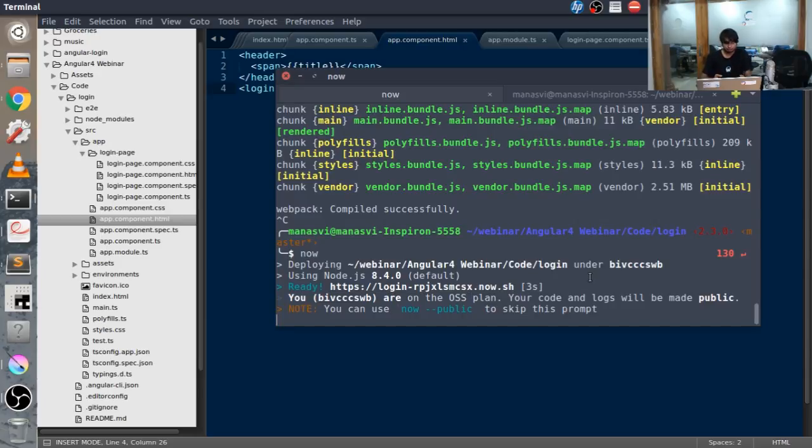Now if you are doing it for the first time, it will ask you for a login. What it will do is it will ask you for a specific email address. You give the email address, it will send a link to the email address where you will be activating the account, and that's all it will need for configuration. And just by running this command now, you will be deploying your app to